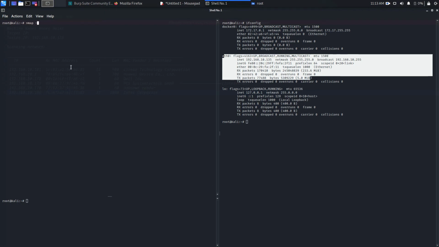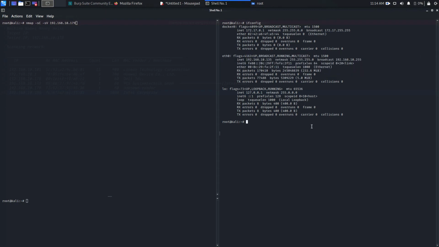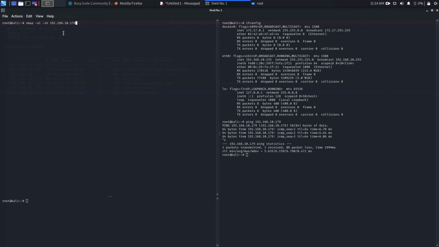So nmap, space, -sC for the default scripts, -sV for the versions. Okay, and the IP address is 192.168.10.179. Before we go, let's just ping one time to check whether ping is working or blocked or something. So ping is working, so that's good, and I'm going to output the file of nmap in